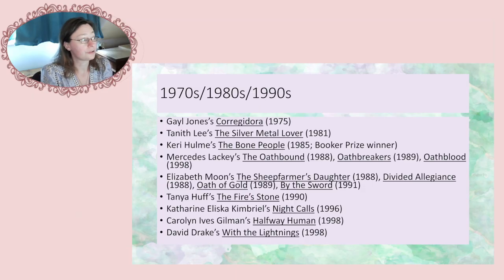We then move on to Tanith Lee's The Silver Metal Lover, which was published in 1981. And again, it is more dealing with Aspec themes than pretending to be any kind of Aspec representation. But you can read this and be like, oh, this resonates with me. So these two are traces, but they are not necessarily deliberate representation,